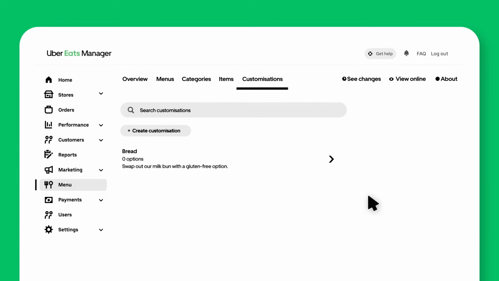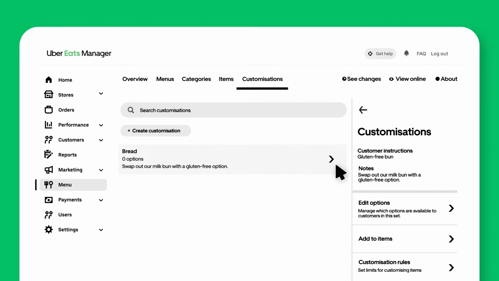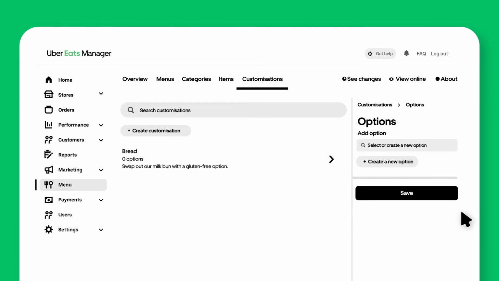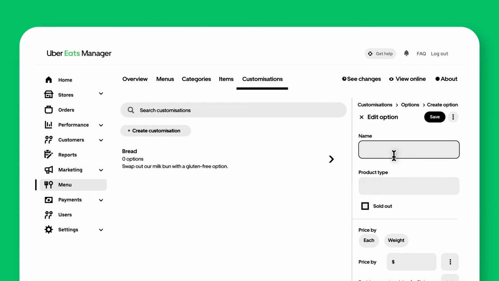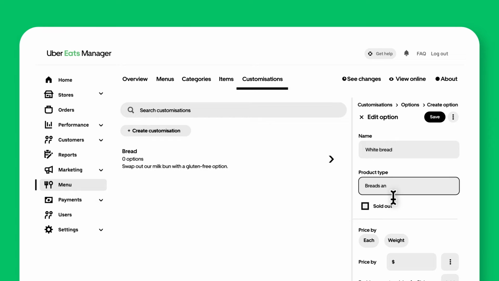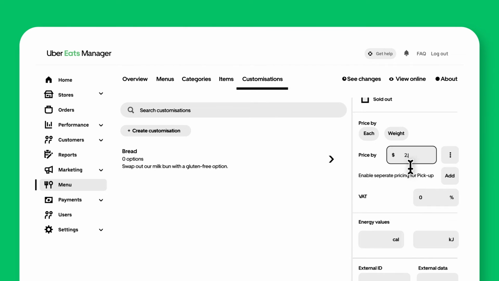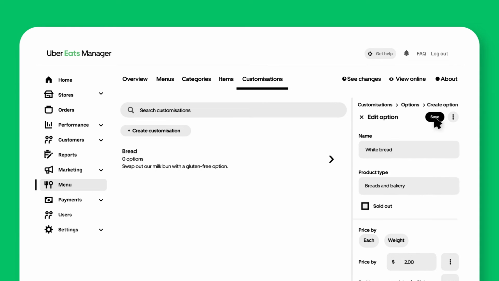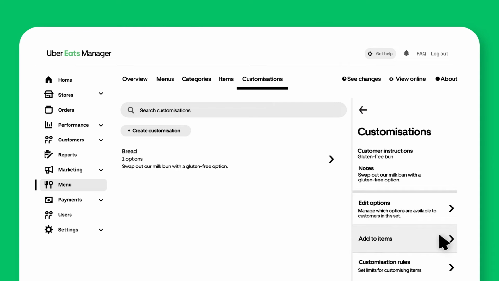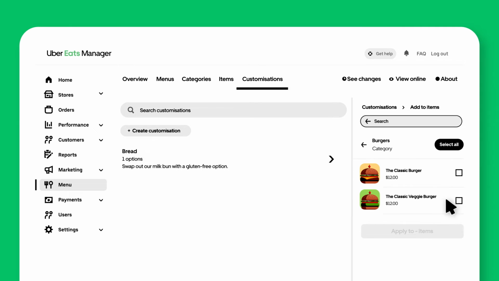To start customizing, select the newly created customization group, edit options, and create a new option. Remember, the details you are filling out here are not for an item, but specific to the customization option. Once your option has been created, go to Add to Items to assign the customization group to items or categories